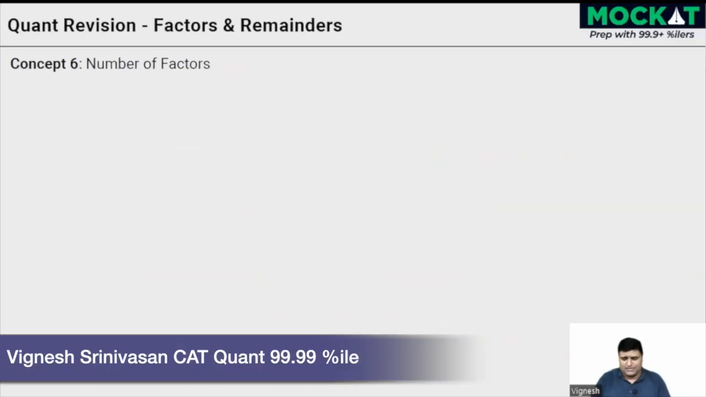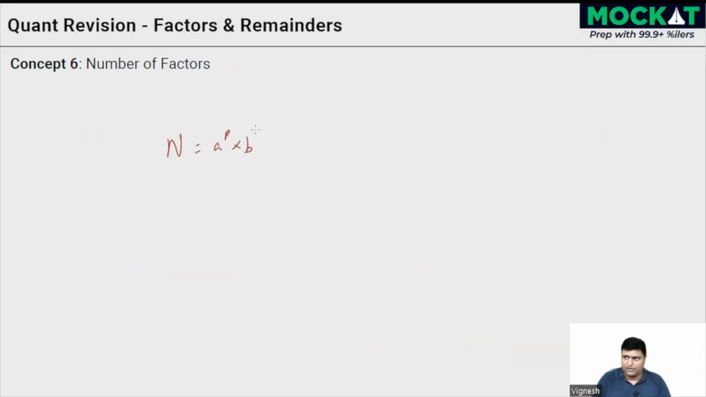The number of factors, right? Now onto the factors, the meaty part of it, which is what all of you would be knowing. If a number can be written in the form a^p into b^q into c^r and so on, where a, b, and c are prime, that's important. They also have to be prime. Then the number of factors of this number equals p plus 1